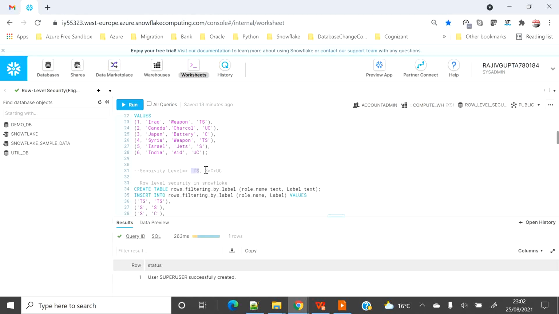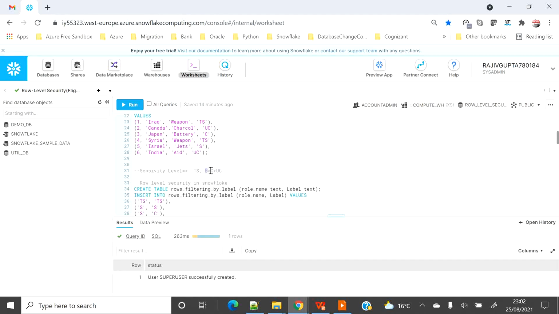But if you have the S level role, or a role which has C or UC, you can see data for your particular role as well, as they maintain the hierarchy. So if a person has an S level role, they can see the data of S as well as C or UC, because S is on top of the hierarchy.